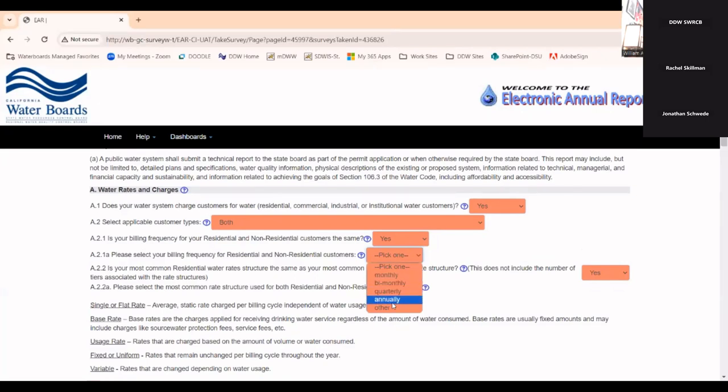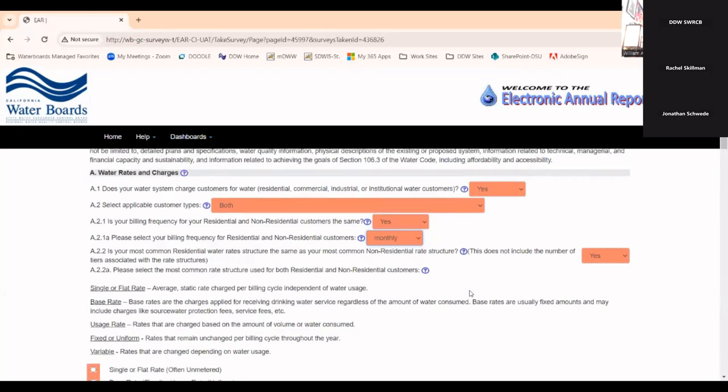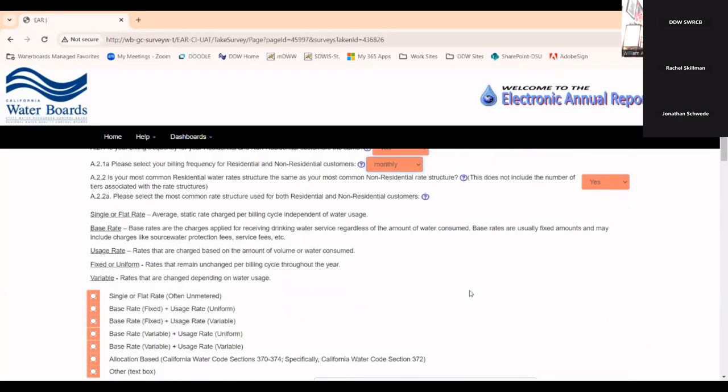And we're going to say our billing frequency is monthly. Now, this billing frequency comes into play later when you write down your water rates. Depending on what your frequency is, it'll take that into account in section 8B, when we produce what we believe is your monthly water rate for a certain amount of water. So just keep that in mind, we'll discuss that later, but your billing frequency does matter a lot as far as how the calculation inputs your data. So going down